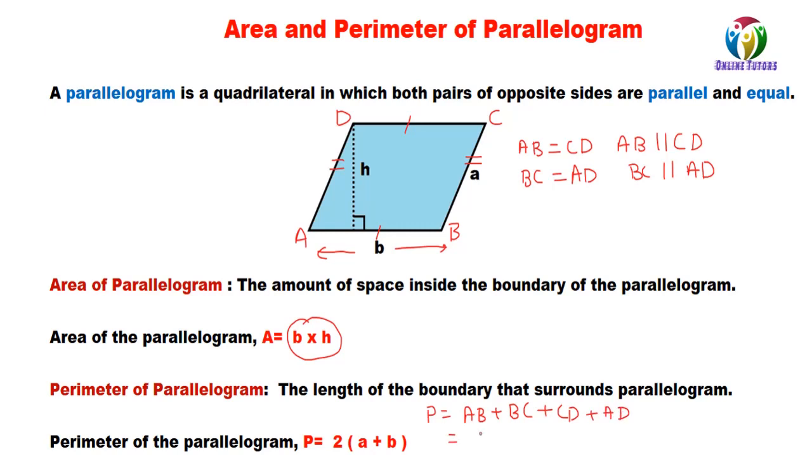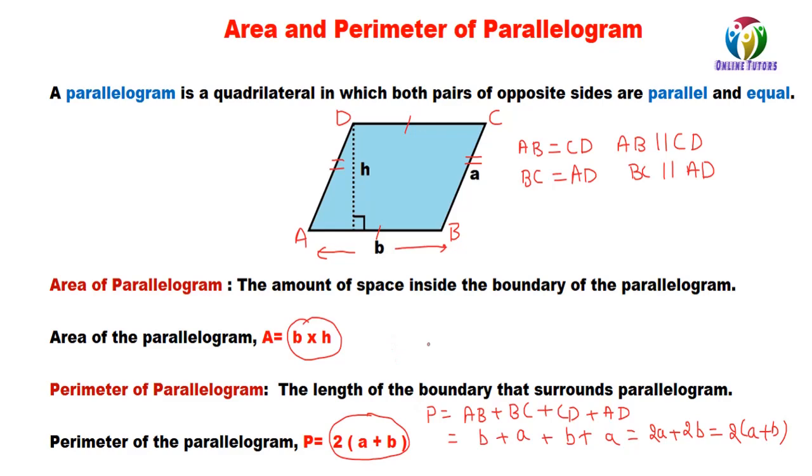In this case, AB is equal to B, BC will be equal to A, CD will again be equal to B because opposite sides of a parallelogram are equal, and similarly AD will be equal to A. So it comes out to 2A plus 2B, and if we take 2 common, it will be 2 into A plus B, which is the formula for the calculation of perimeter. Next we move to the